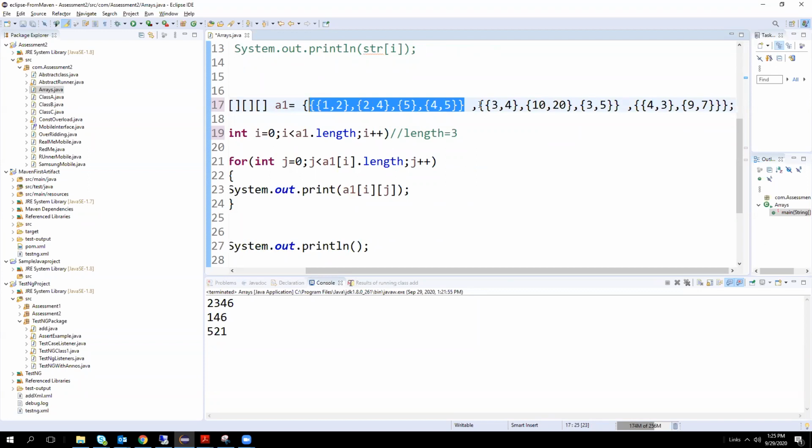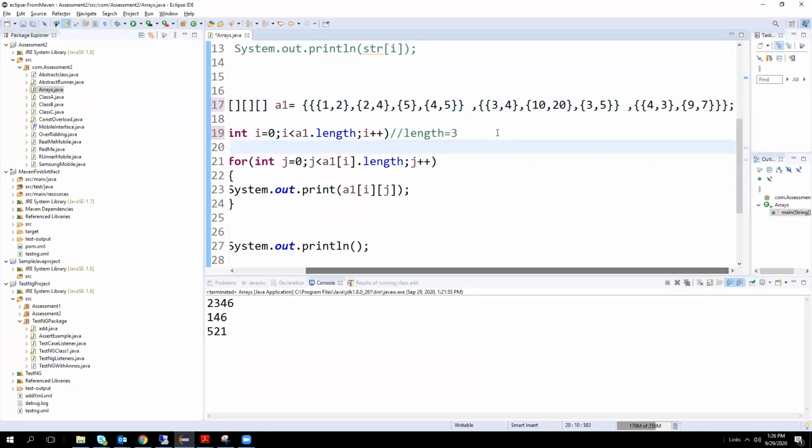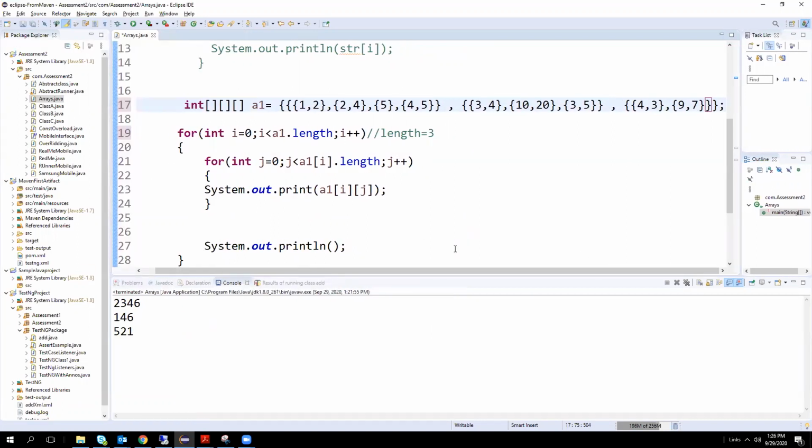This is one set, this is one set, this is one set. We are separating sets with commas.